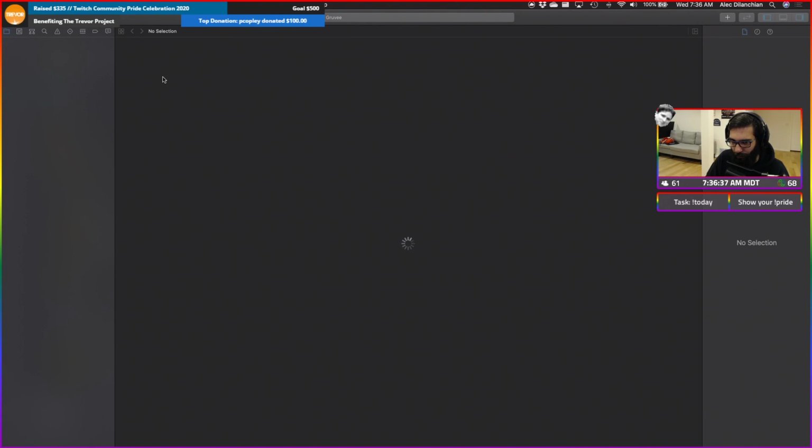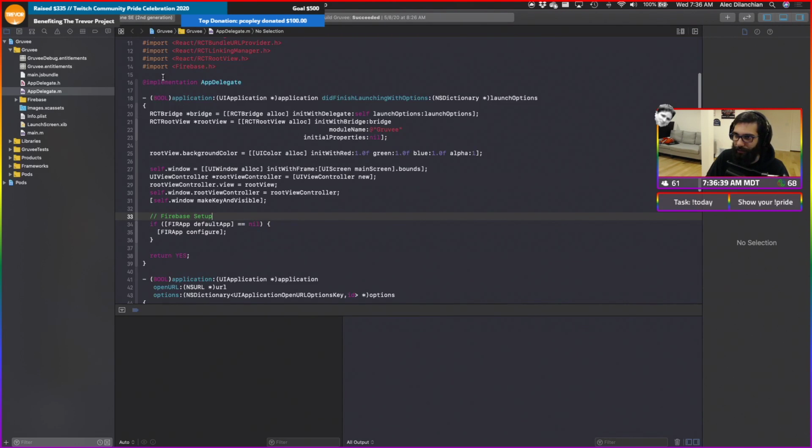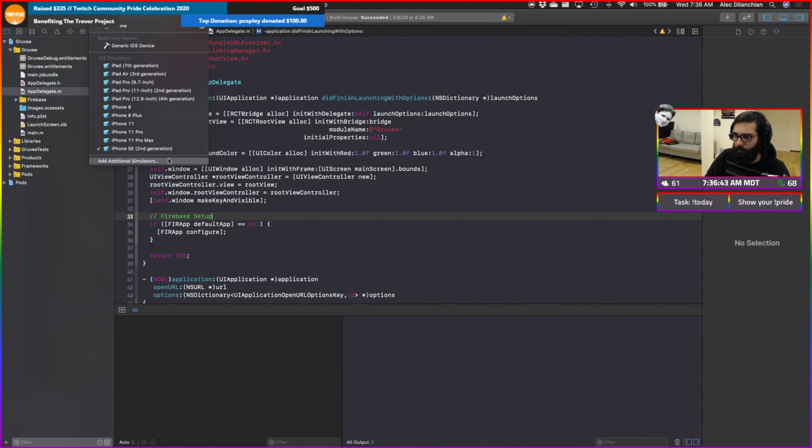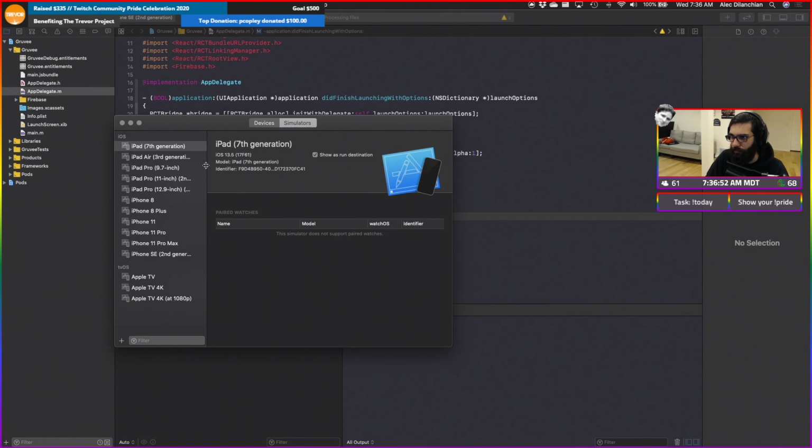I might have to download an older version simulator, like an iOS 12 one. iOS 13, yeah. All I have, they're all in iOS 13 right now.